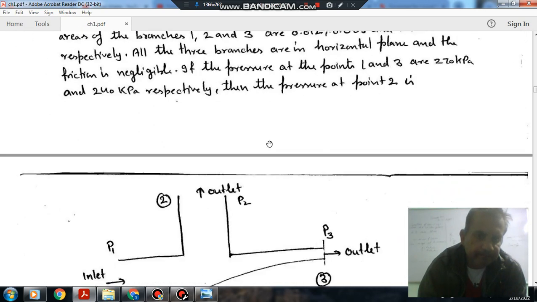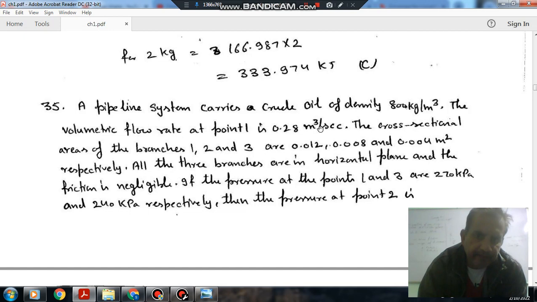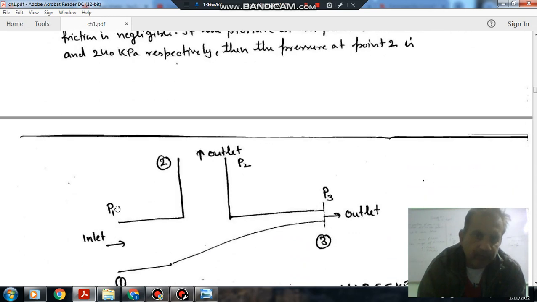Next, a pipeline system carries a crude oil of density 800 kilogram per meter cube. The volumetric flow rate at point 1 is 0.28 meter cube per second. The cross-sectional areas of branches 1, 2 and 3 are 0.012, 0.008 and 0.004 meter square respectively. All the three branches are in a horizontal plane. The friction is negligible. If the pressures at points 1 and 3 are 270 kPa and 240 kPa respectively,